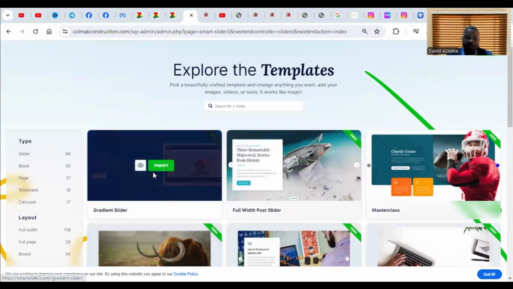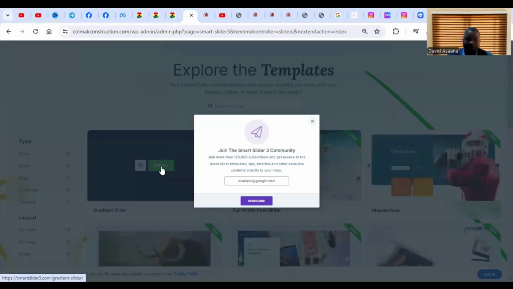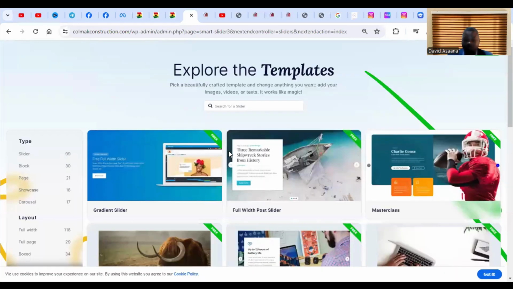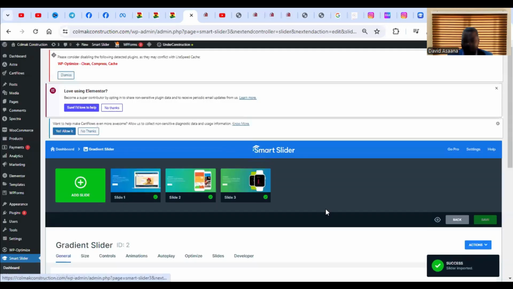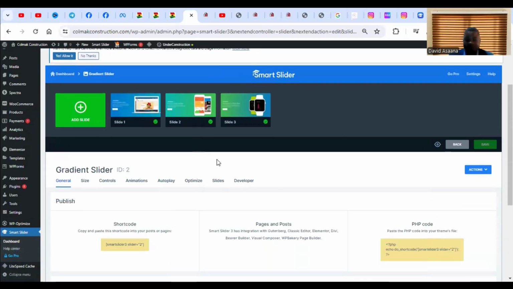Normally, the gradient slider is the best for me. So you just click on it. So I'm selecting that one. So I'll click on import. Then just close here. It is important. Okay. So it has imported it successfully. Now, after it is imported successfully,